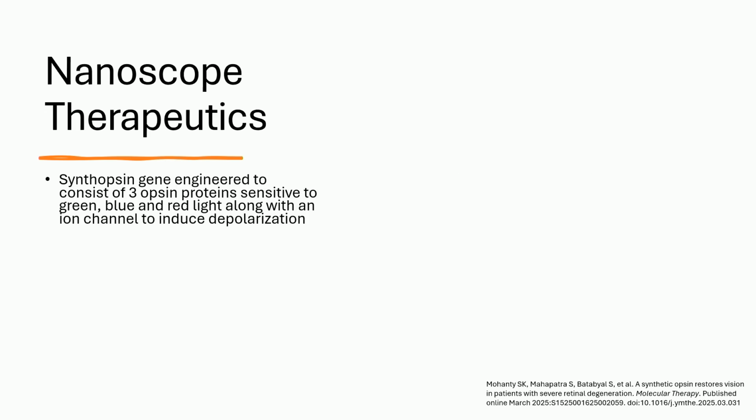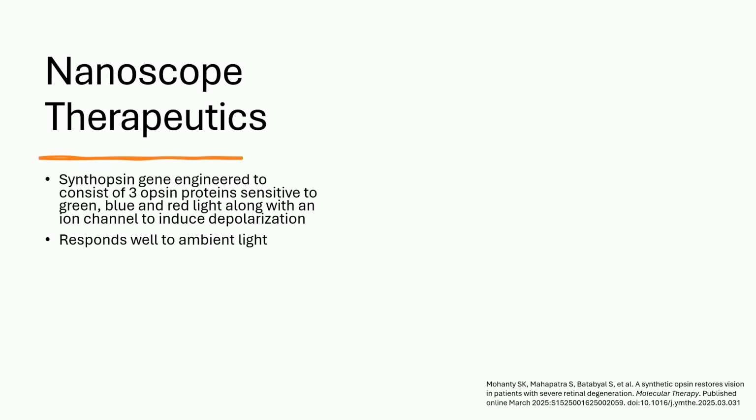So their specific protein or gene that they're developing is called synthopsin, and it actually consists of 3 different light-sensitive opsin proteins. One is sensitive to blue light, one is sensitive to green, and one is sensitive to red. And along with an ion channel that helps induce depolarization when light sensitizes the cell. So because it has red, green, and blue, it's actually very useful for responding to just ambient light. When you're just focused on one opsin protein, it has to be a very specific wavelength of light that actually